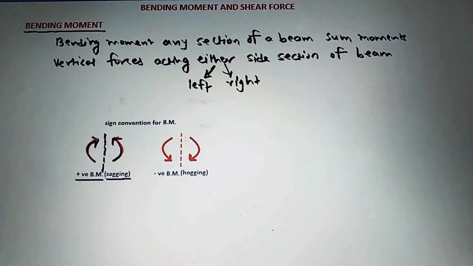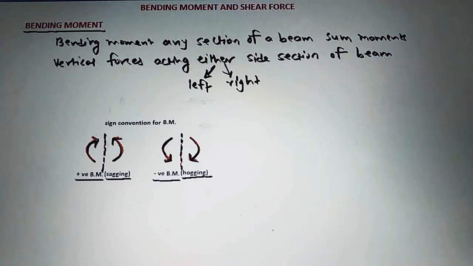Now see here, what is negative bending moment? So see this section here, and if the moment of vertical force which is acting on the left side of a section is anti-clockwise, or the moment of vertical force which is acting on the right side of a section is clockwise, then the bending moment should be taken as negative bending moment, and this negative bending moment is also called